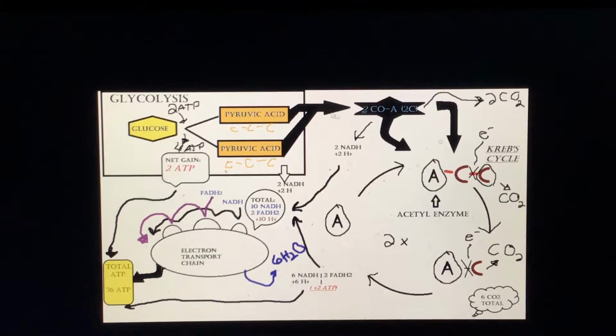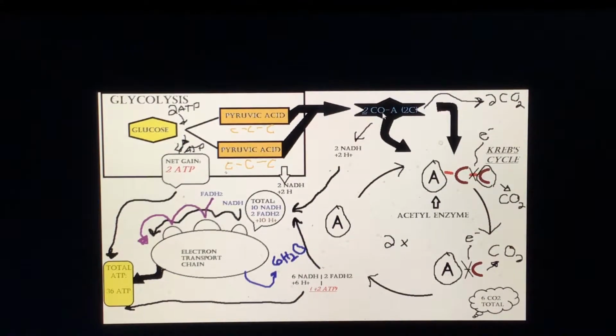Then they go up here, and then they are broken down through the transition phase into the acetyl coenzymes, which are 2 carbons. What that means is they break off the carbons to make 2 carbon dioxide, since there's 2 pyruvic